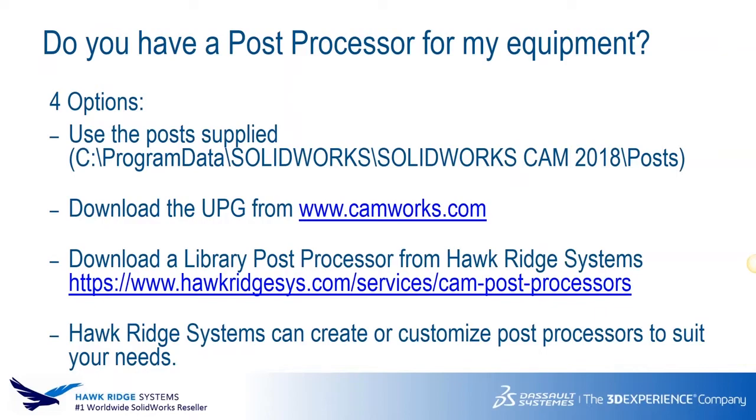The tricordial milling, or volley mill, is a term that's used for high-speed roughing. What that essentially does is it tries to minimize tool wear, reduce machining times for roughing cycles, and basically optimize your machine, your tool life, and produce parts quicker. The other things that the professional version will include are turning. So you'll get the turning module with the professional version, so you can program your lathe,